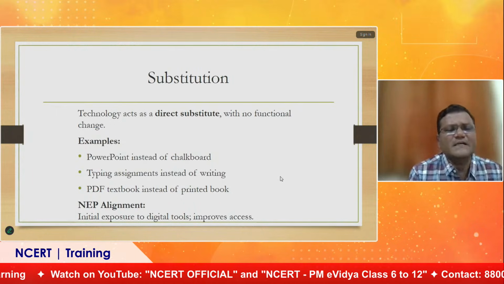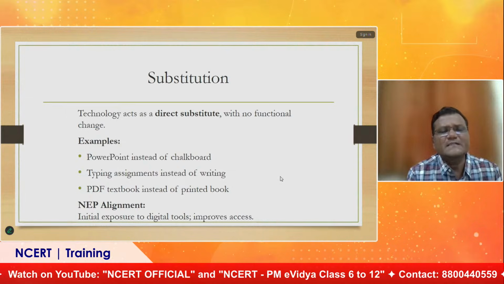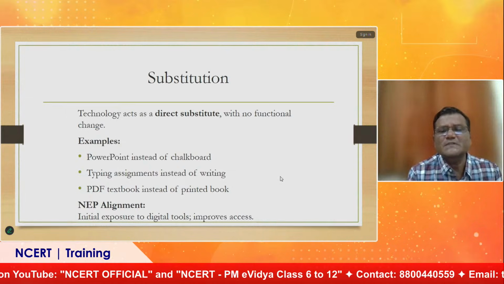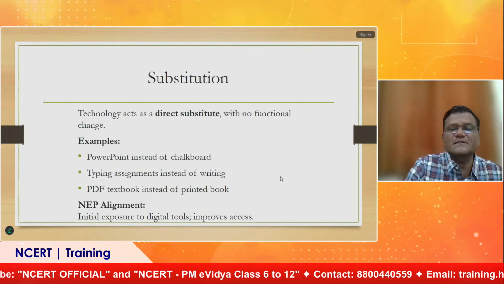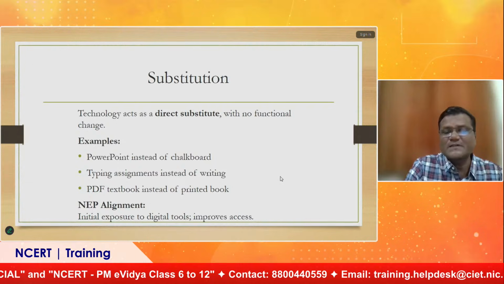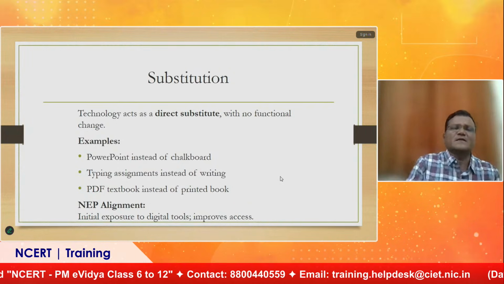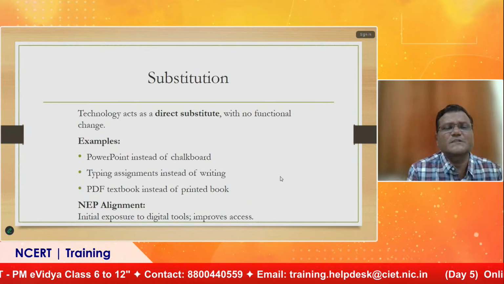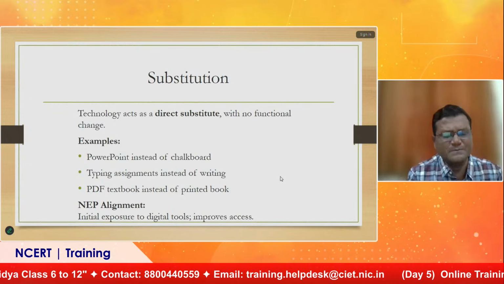Now, how is it aligned with NEP? Initial exposure to digital tools improves access. This is the motive. That means we have to improve the access, and once the access is improved, then only we can substitute this technology with other mediums.